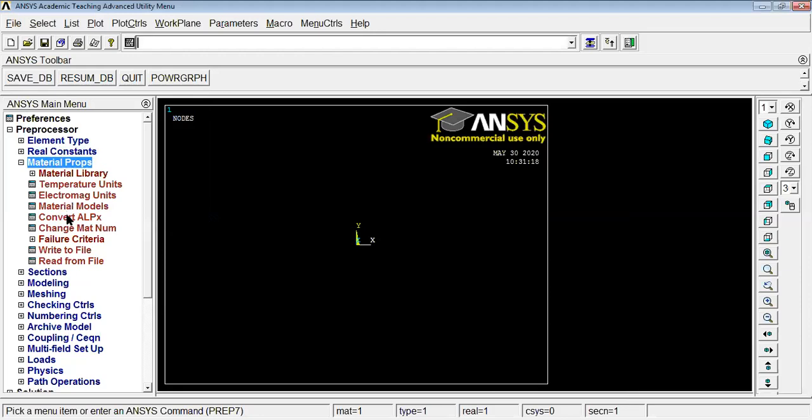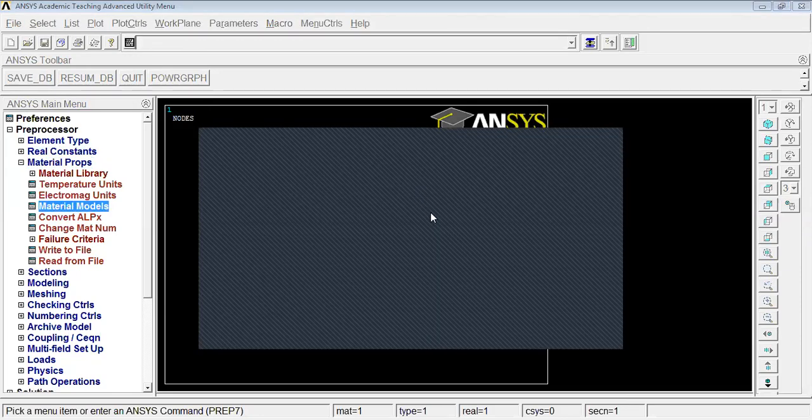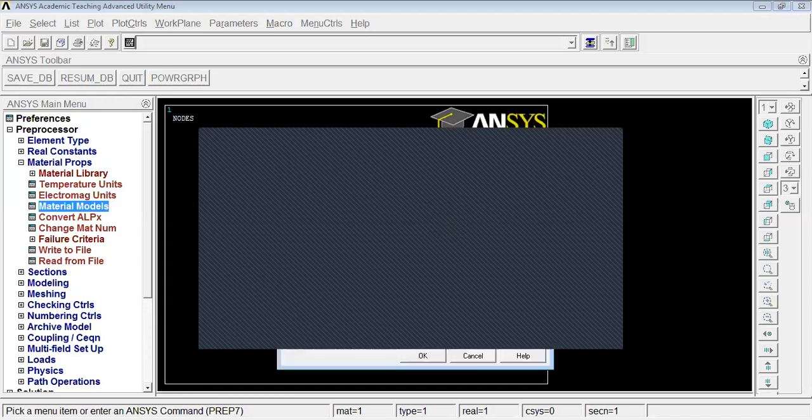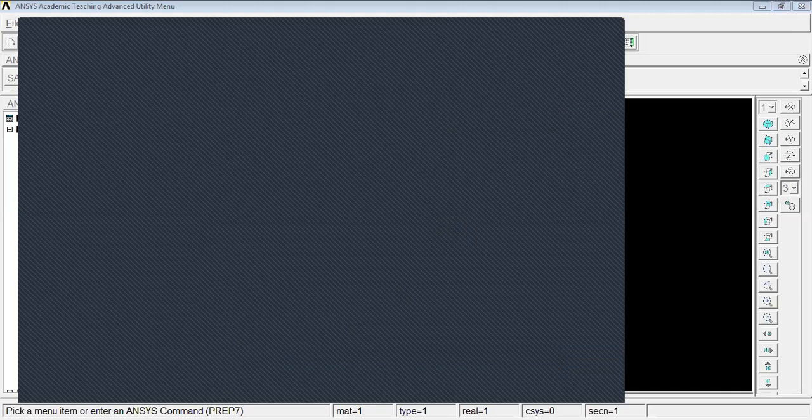So go to the material properties, material models. It is a structural problem, linear, elastic, isotropic. So the Young's modulus of the first and third elements is 2 into 10 to the power of 5, and the second is 1.9. I will choose correspondingly.